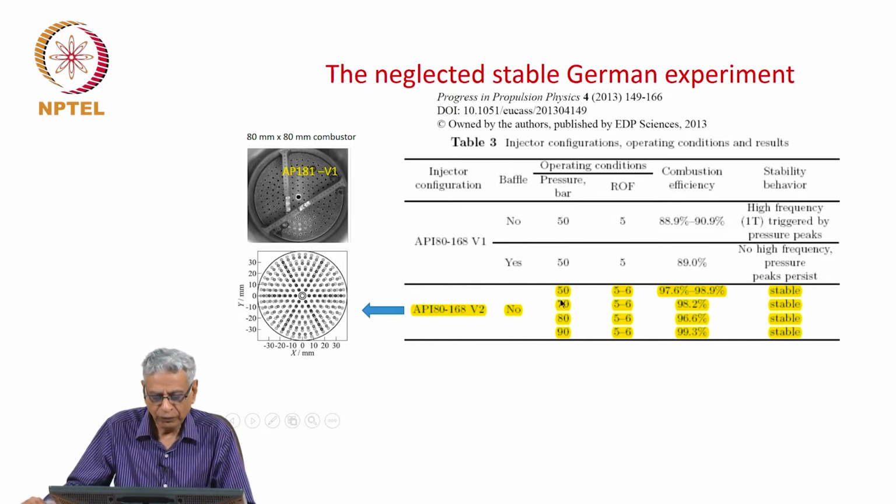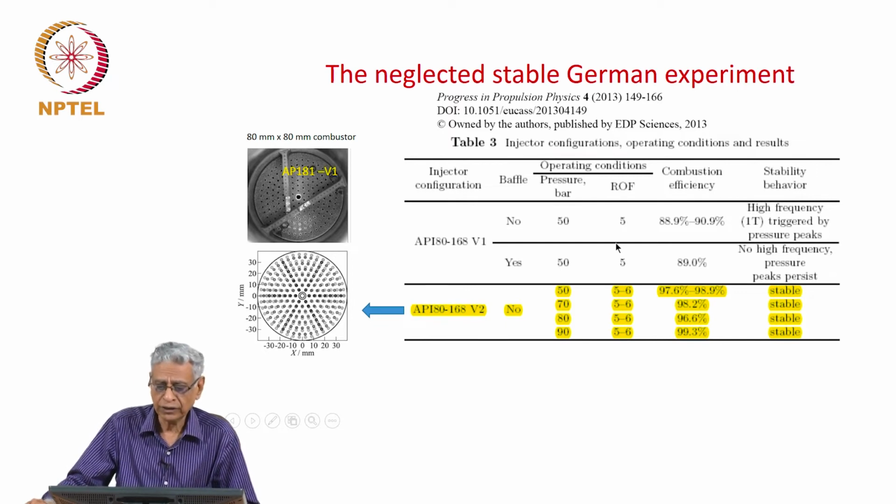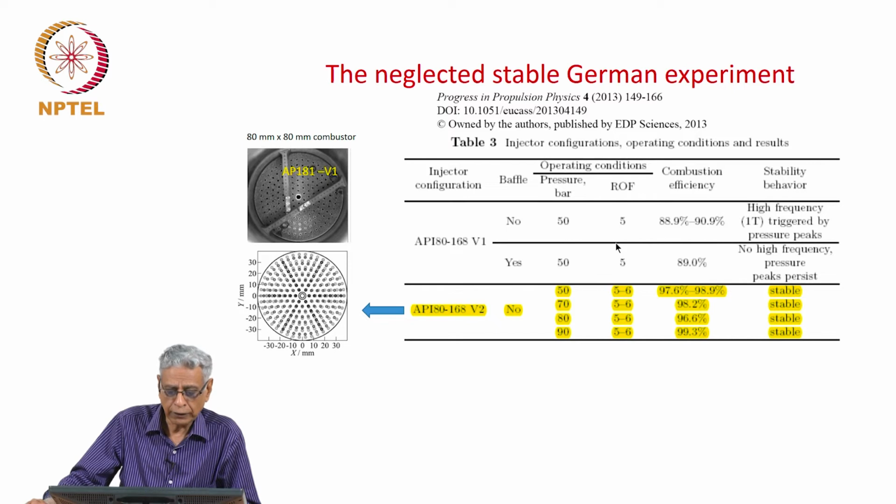And you see that in this particular design, they had high combustion efficiency, and all of it was stable. The oxygen to fuel ratio is 5 to 6, typical of LOX-LH2 engines. I'll say a little more. And the pressures are high, going right up to 90 atmospheres. Okay. And if you see further,